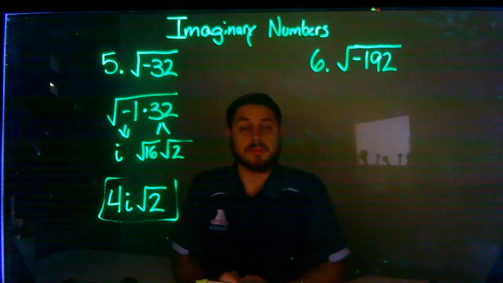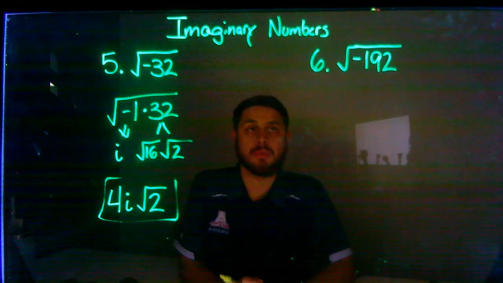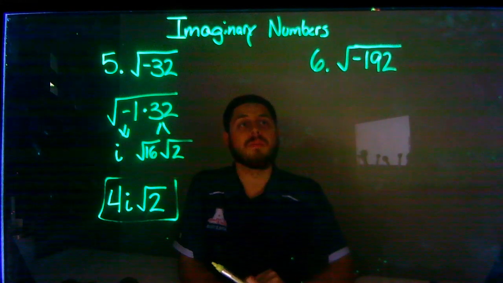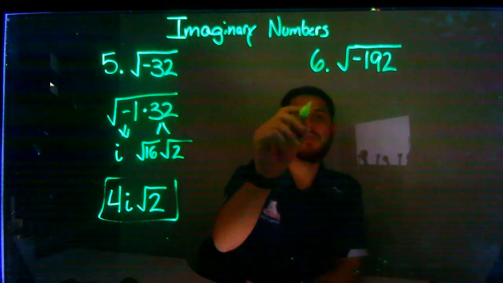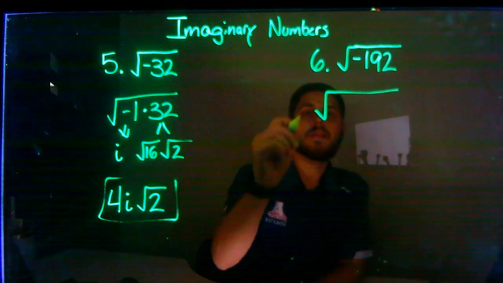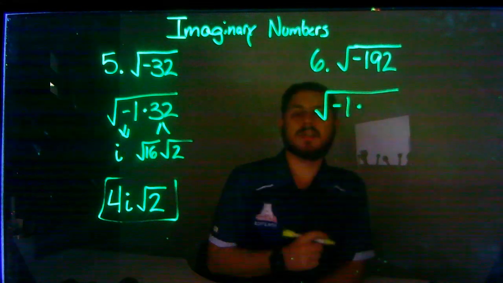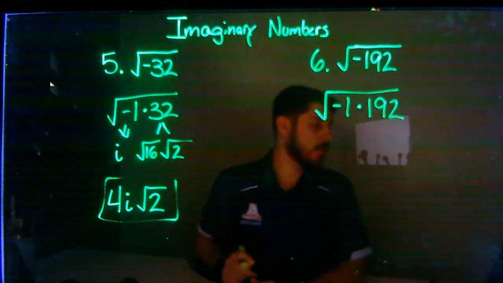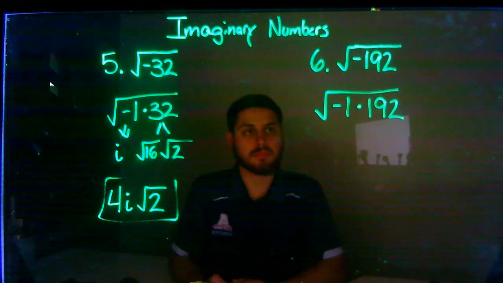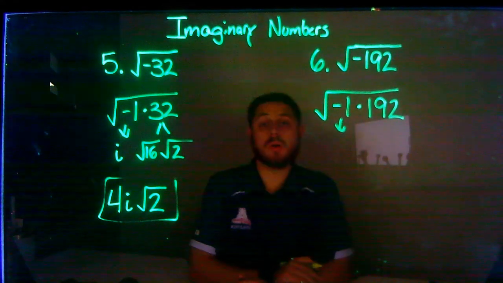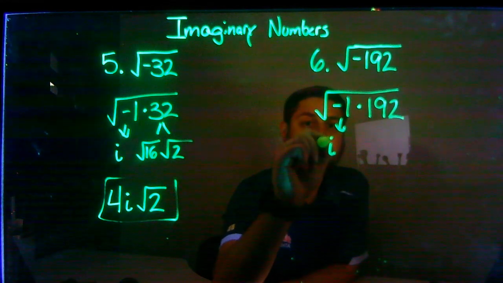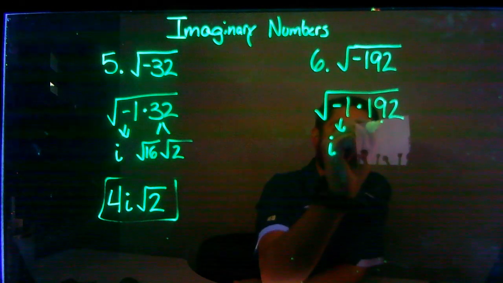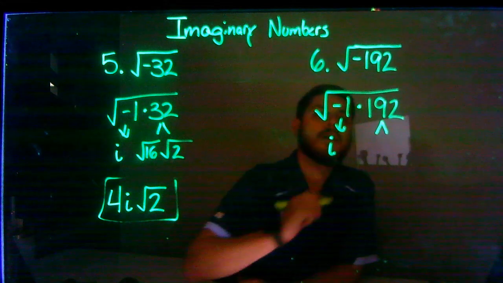So, hopefully that made some sense, which will lead us into our last example here, which is number 6. And again, we're going to simplify it as far down as we can. So the first thing I'm going to do is rewrite this as -1 times the number I have, which is 192. And again, square root of -1 is i. Now 192, it's a bigger number, so you may have to play some trial and error here,